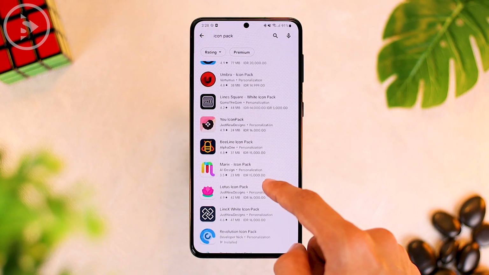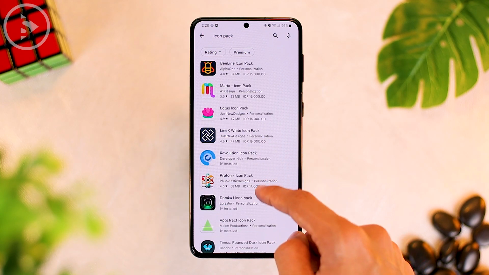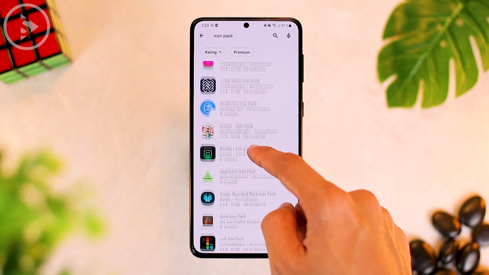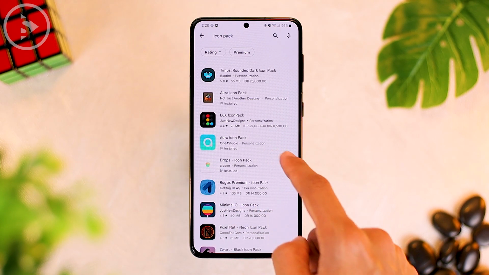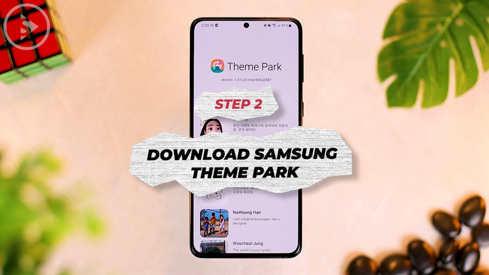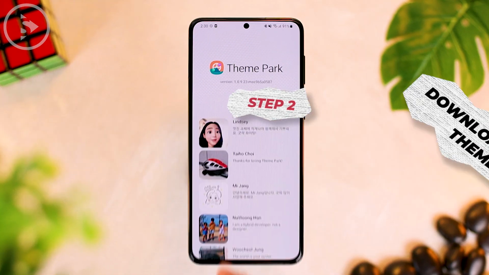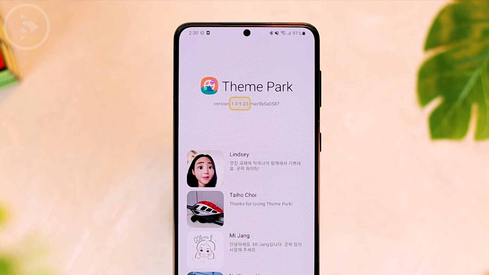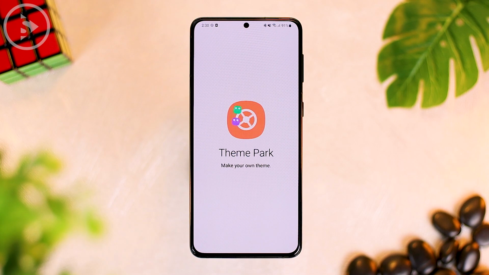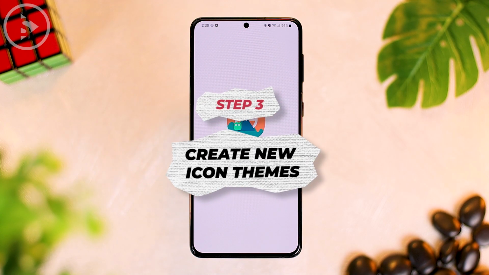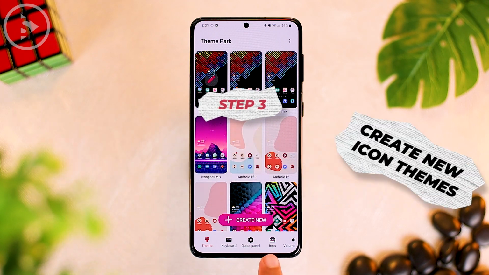Here we use a new method which can change the look of the application icon from several different icon packs. So you can download some icon packs that you like from this section. Then you can directly download the latest version of the Theme Park application, which is version 1.0.9.23. For the download link, you can directly check the link in the description of this video. Then after successfully downloading and installing the Theme Park application, you can immediately open the application and open the icon